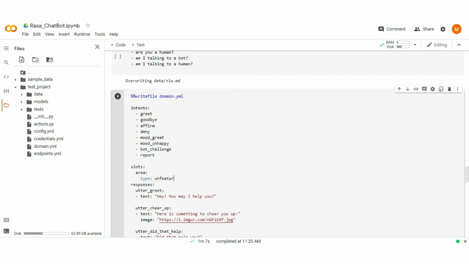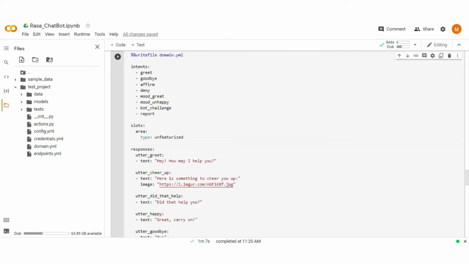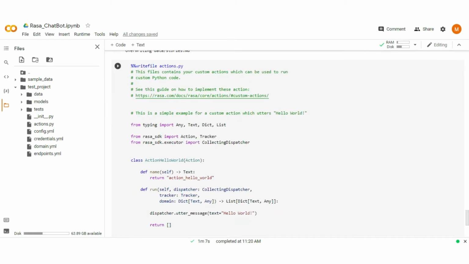Well, we create a slot with the same name as the entity's name to avoid a separate mapping between entity and slot. You may also create slots with a different name, but you have to do a separate mapping between slots and entities by creating an action function in the action.py file. Let's move to the action file and write our custom action.